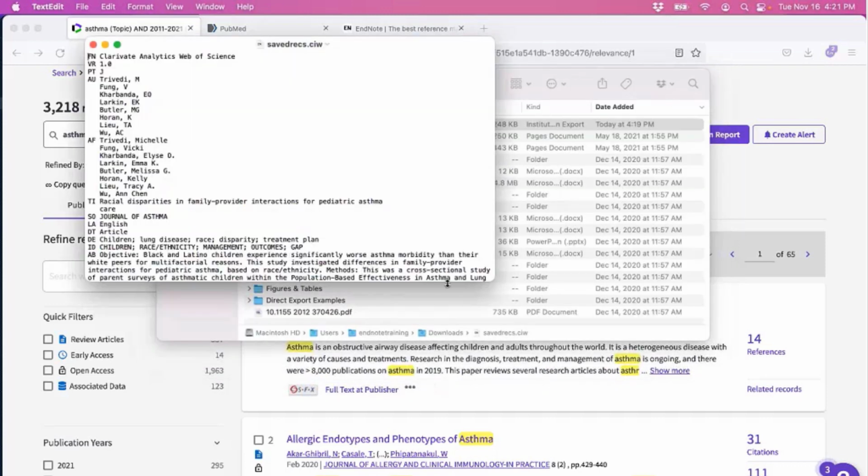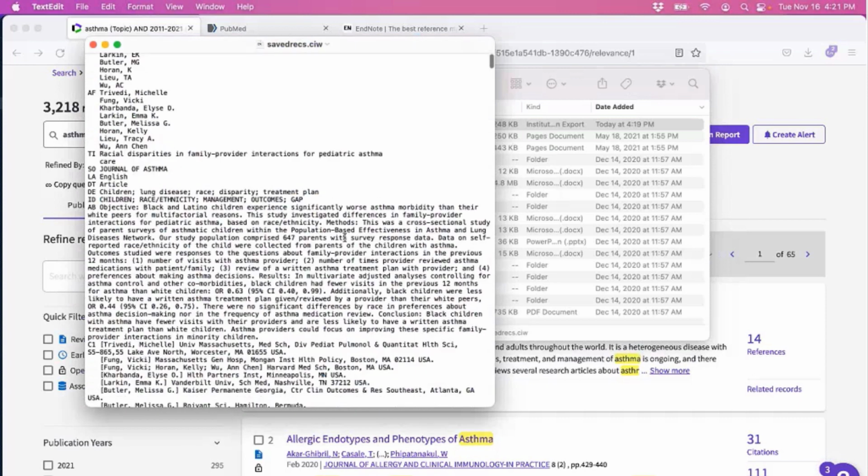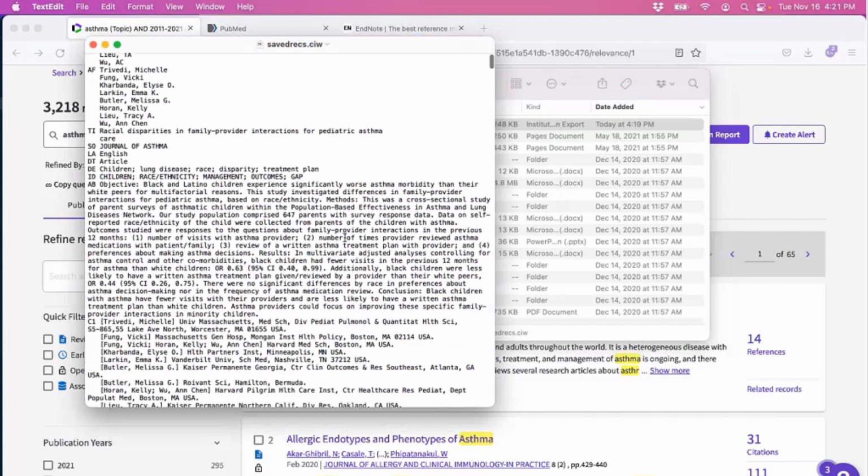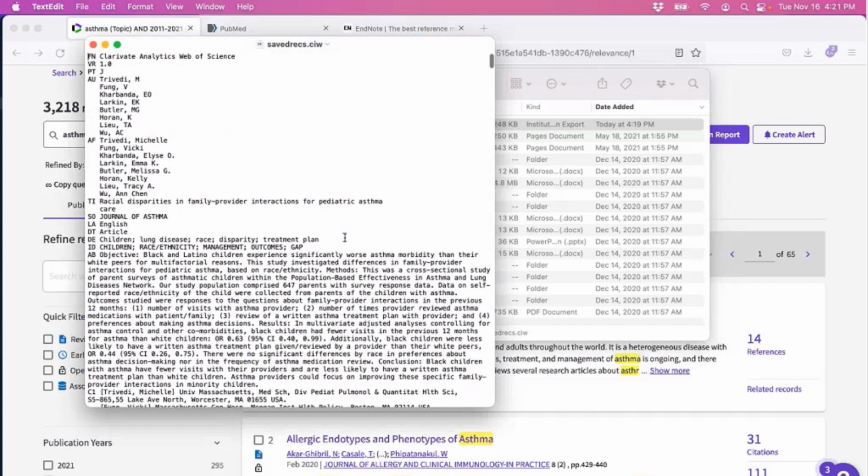So this is the data that was prepared by the Web of Science for our 50 references and is to be sent to EndNote to import into the EndNote library. And just to clarify, whether you're automatically importing references via direct export or manually importing a text file of references, the data will be in a format that looks somewhat like this. EndNote doesn't read the reference while you're importing it. EndNote is looking for the preceding tag in front of each piece of information, and depending on the source of the data and the import filter that you apply, EndNote will have all of the tags defined in the import filter, and each tag has a field linked to it.